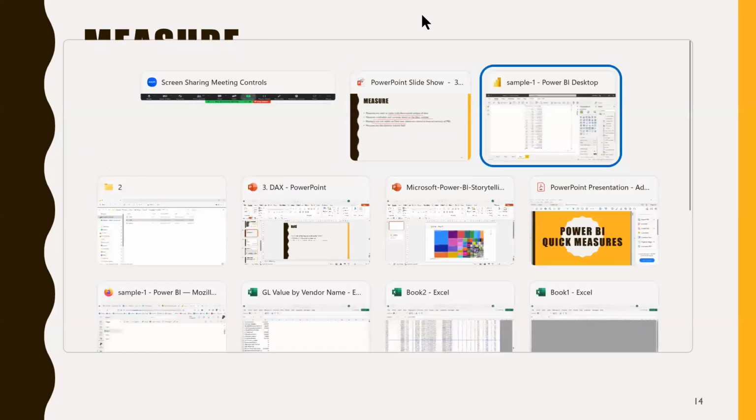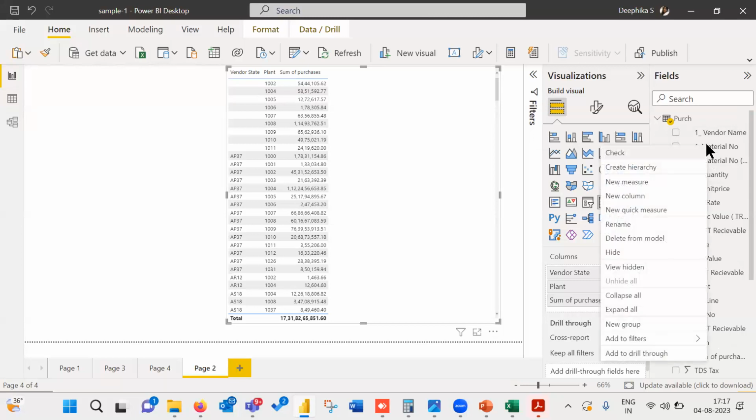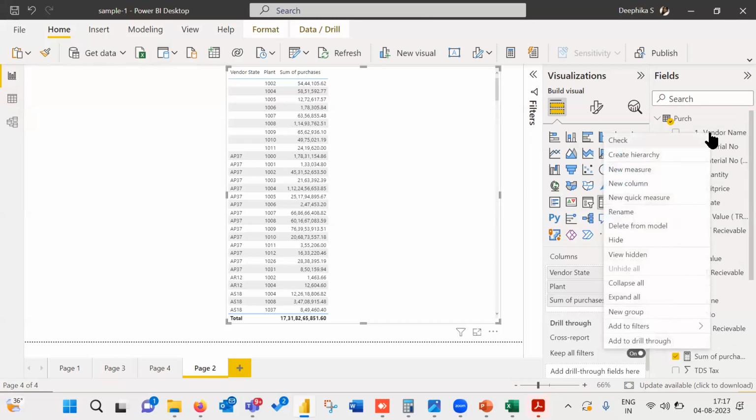That how to start? Yeah, you go to report view. See, actually, no, everything you can start in this field, right click also, if you give, it will come. Okay, new measure, new column. So any column name you keep and right click, it will come.